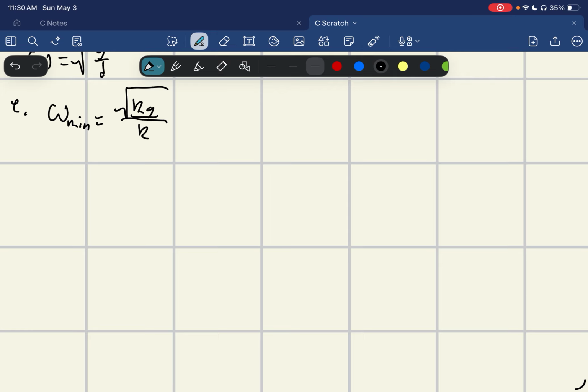So we know that omega is equal to radical g over d, and for it to be minimum,